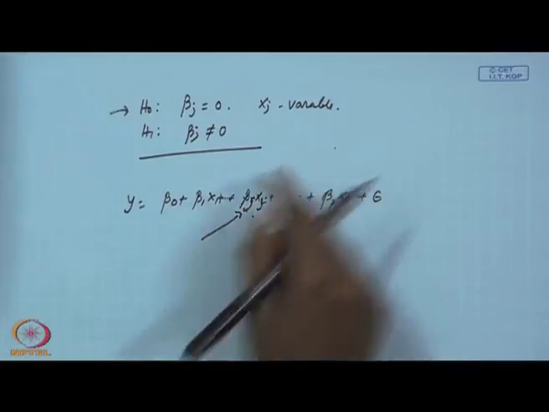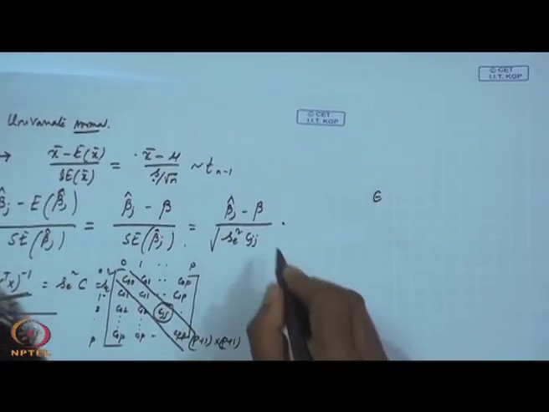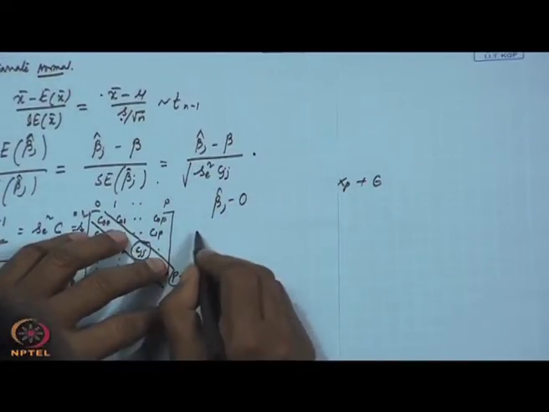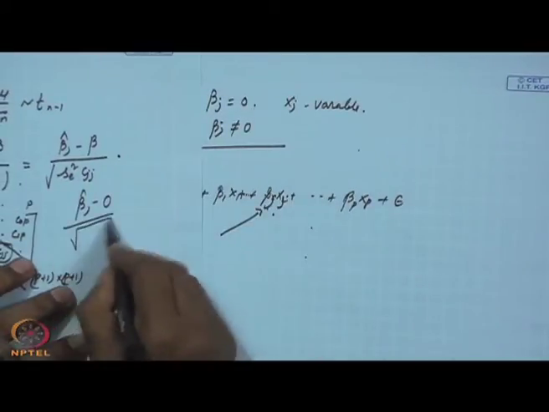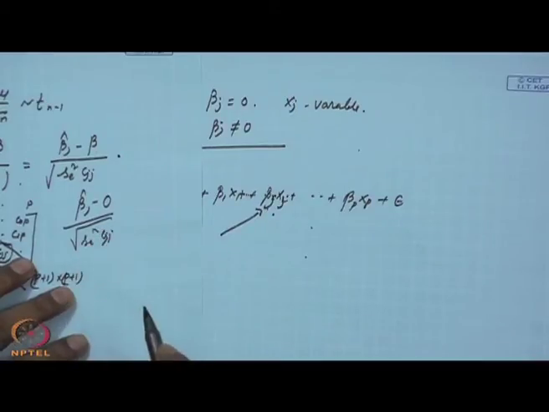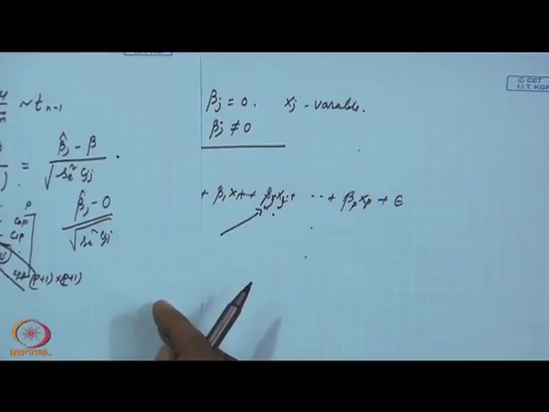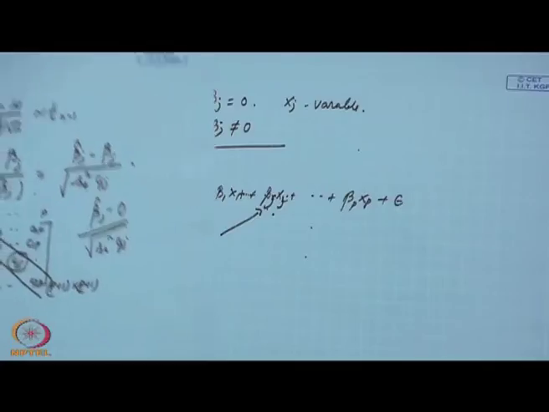So, if we create this, what will happen ultimately? Then under the null hypothesis, this quantity, beta j minus this will be 0, beta j equal to 0. So, then divided by square root of sigma square Cjj. Getting me? Difficult? No, sir, beta j cap minus beta j, all are beta j here, because we are talking about the jth variable only.